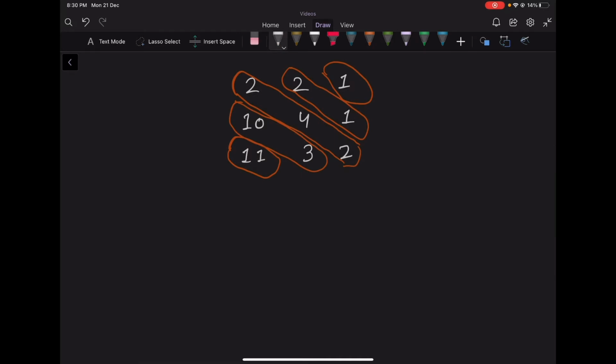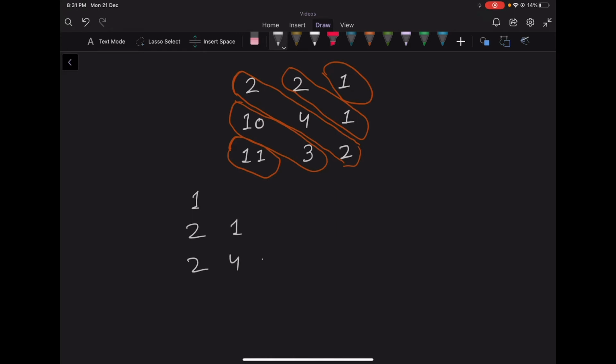So you want that the bitwise AND of each diagonal is greater than 1, and you can do some number of operations. So one thing you can notice is that each element will be present in exactly one diagonal. So we can actually solve each problem independently. That is, we are given some arrays and we need to do some operations on each element of the array so that the bitwise AND of the complete array is greater than 1.